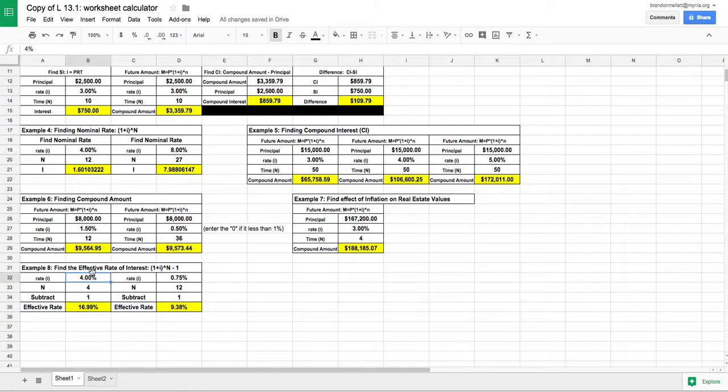This should be 2.5% because it's 10% quarterly. We divide that 10 by 4, we get 2.5 each. So now this is accurate. So now this is our effective rate of interest. We subtract the 1 because if we didn't, we'd have a percent that's higher than what it's actually supposed to be. So by doing this, we could use this rate to actually find the exact amount of interest that's